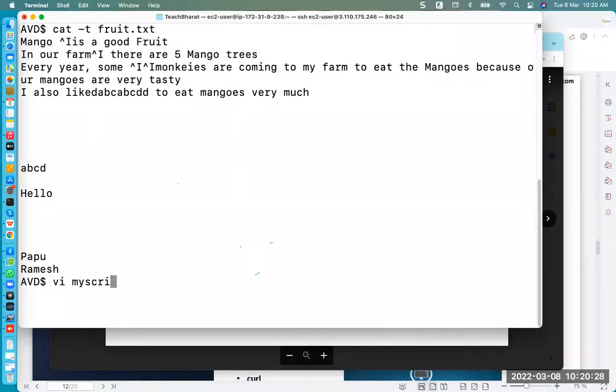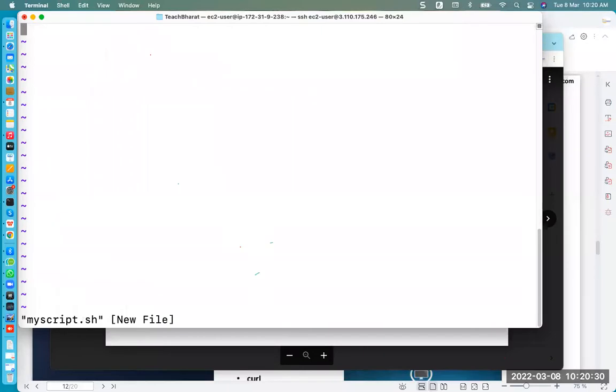मैंने एक स्क्रिप्ट बनाया, vi, let's say my script script.sh, और वहां पे मैंने ऐसा दिया: /bin/bash, then let's say my name is G, let's say name is Mango, MANGO, तो मैं बार बार इसको यूज करूंगा। ओके, so let's say, Mango is a fruit,